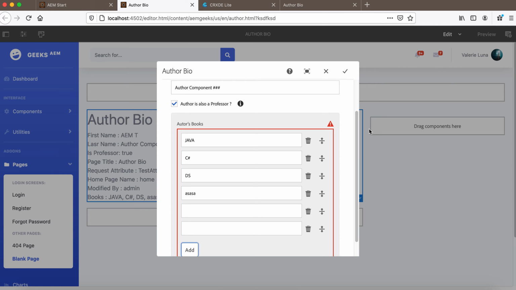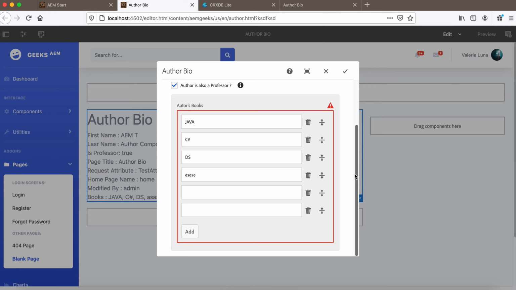You will notice one point here: it's giving an error, but it is allowing you to add more fields. That's the way multi-field works, right? If you have more than 5, you won't be able to submit this field. We can remove this by writing some JavaScript. If you are interested, I can give that piece of code.